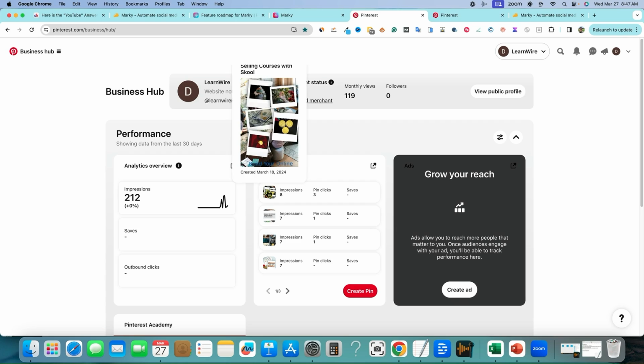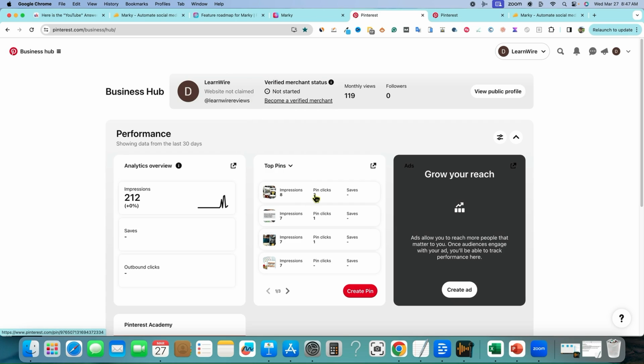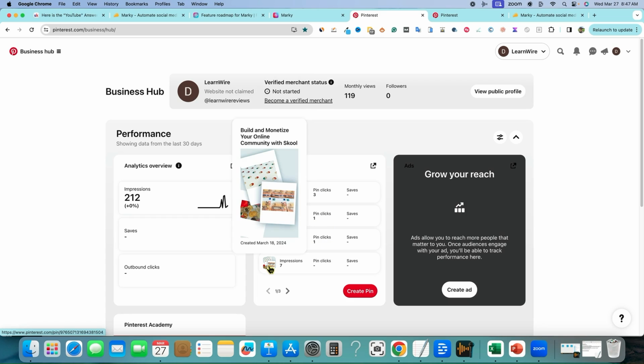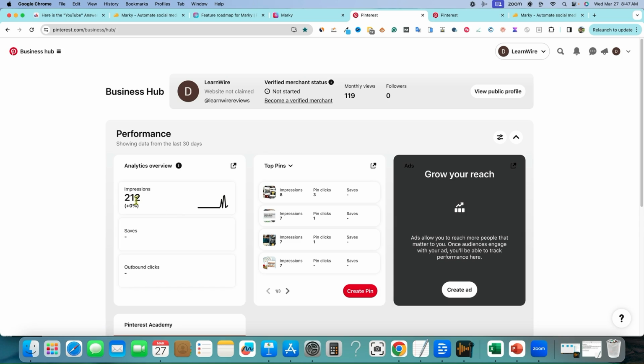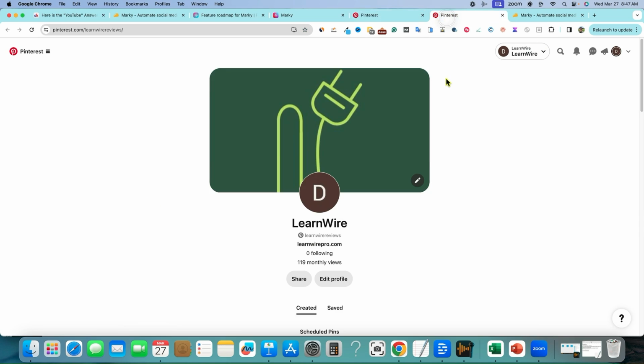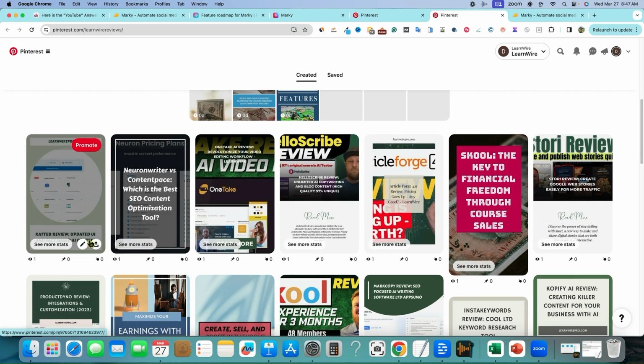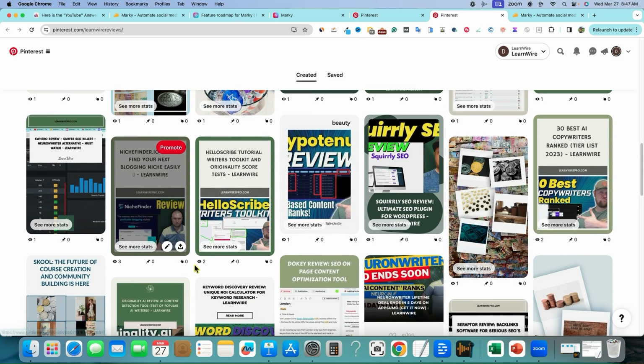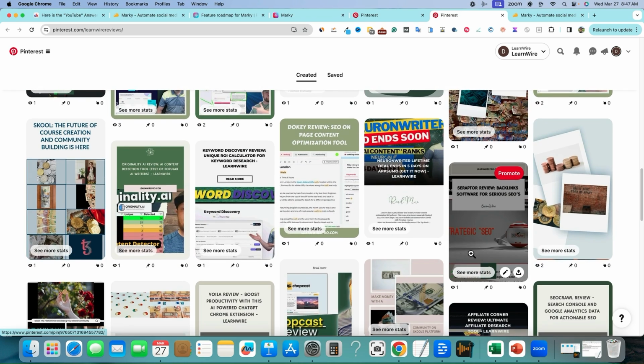It spit out this pin here, and we got 8 impressions, 3 pin clicks right here. We are getting literally from these ugly pins that everyone said are ugly pins from pretty much both softwares. We're getting impressions and pin clicks from these. We actually have 212 impressions right over here, 119 views, and you can go and look at the pins that have been created, and you can just look at the results. All these ones right over here means that people are looking at our pins. We've got 2, we got 3 right there,